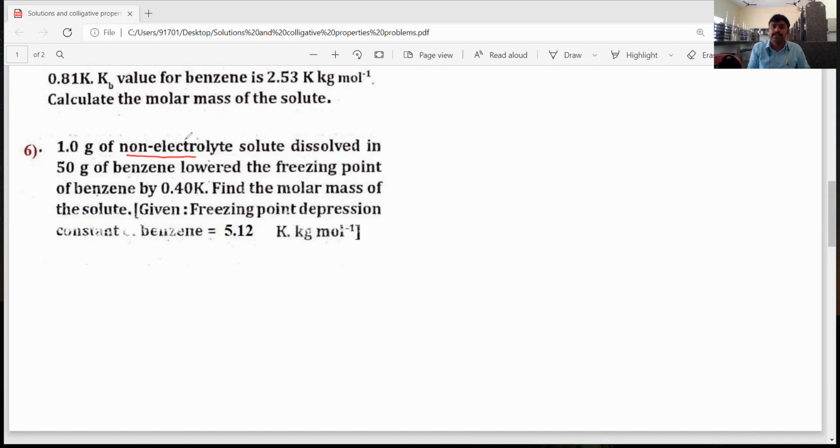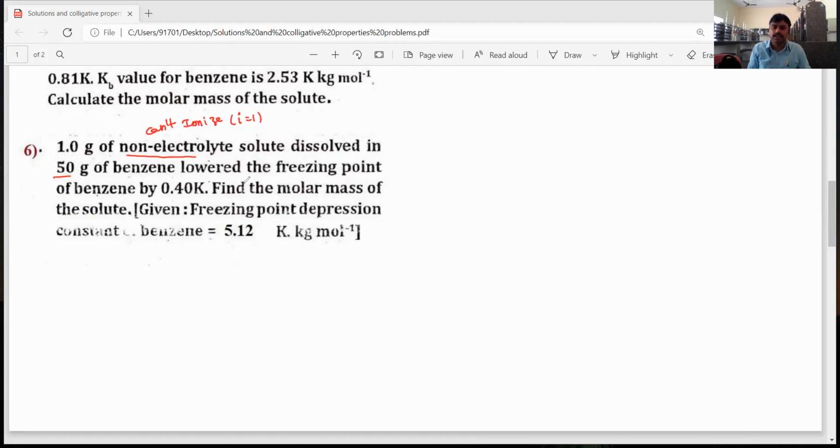Non-electrolyte solute means it cannot ionize, then i is equal to 1. The Van't Hoff factor is equal to 1. So 1 gram of non-volatile, non-electrolyte solute is dissolved in 50 grams of benzene solvent, then the lowering